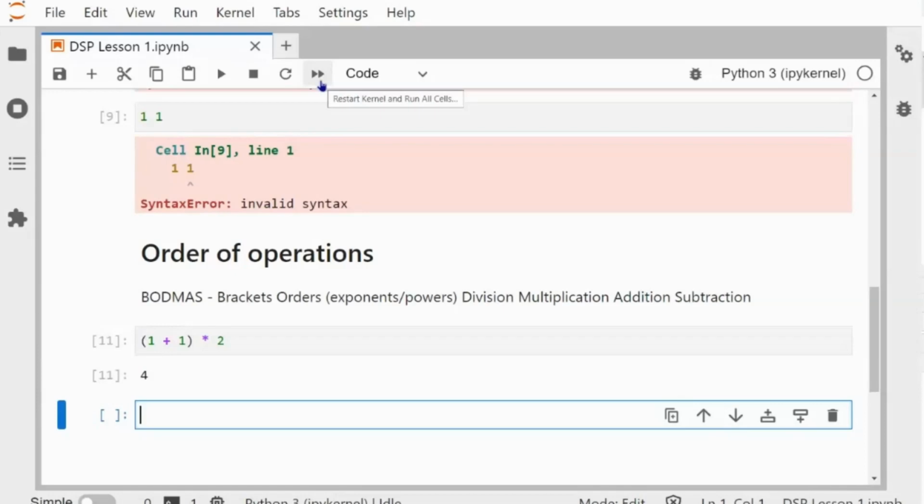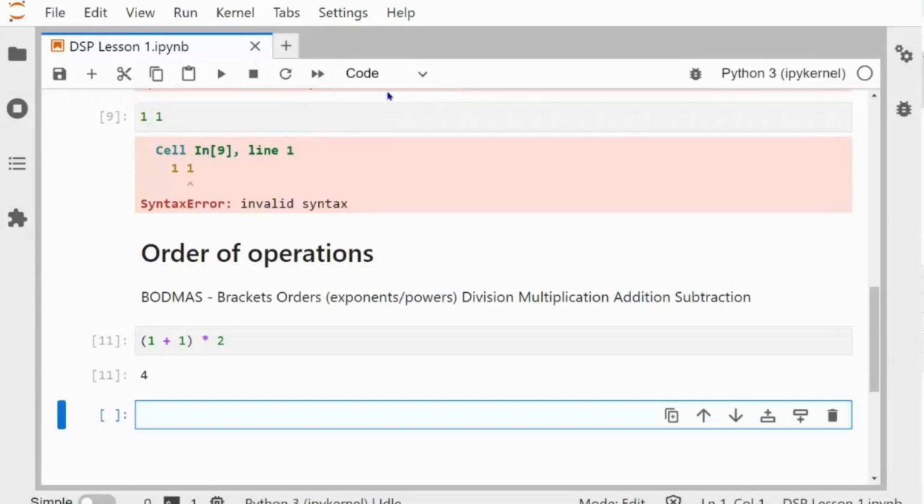So you essentially probably want to run your cells again. This is the button that you can use for that. It will restart it and then it will run all the cells in the order that they're in over here. Perfect. So that covers all of the ones on the taskbar.